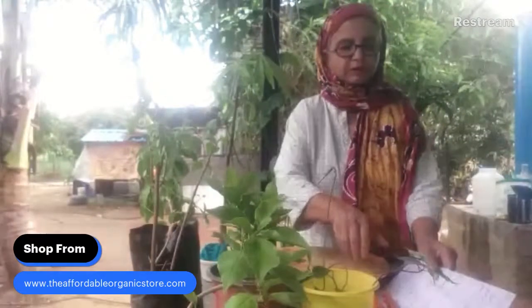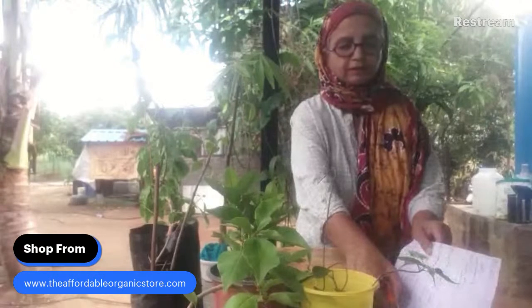The next important thing you need that is different from a regular potted plant is the pots you use for bonsai. What you have to think about is the depth of the pot, and it cannot be very deep. It has to be maximum 3 to 4 inches. So the smaller the pot is, the smaller the tree is, the more beautiful it is. So here is a bougainvillea, and it is in this little pot for as long as the roots are not bound. Then you will take it out and you will